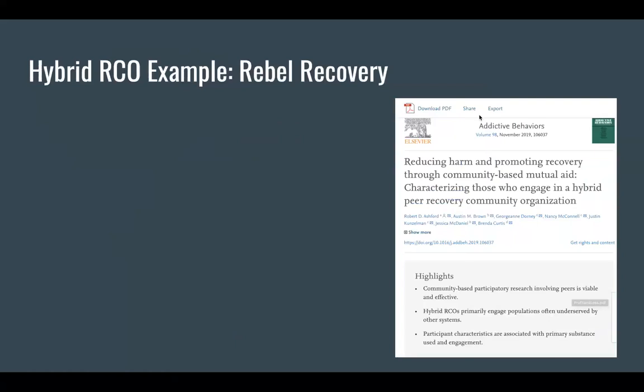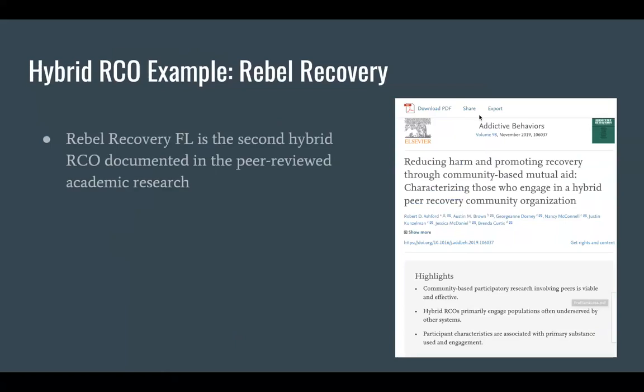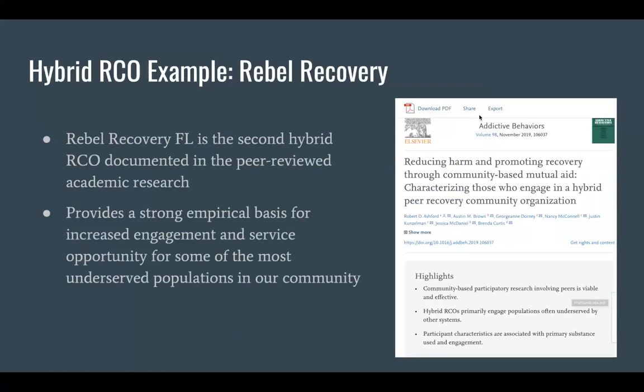Another hybrid RCO example, and this was a paper just published in Addictive Behaviors, and about half of the authors are peer-based workers actually at the hybrid RCO in Florida called Rebel Recovery. It's the second hybrid RCO that's documented in the peer-reviewed research. And essentially, though you can certainly read the paper, there's a tremendous amount of findings in it, it provided the first empirical basis for these hybrid RCOs to have increased engagement and service opportunity for some of the most